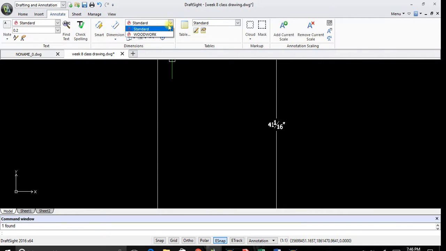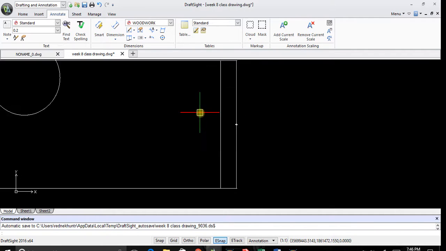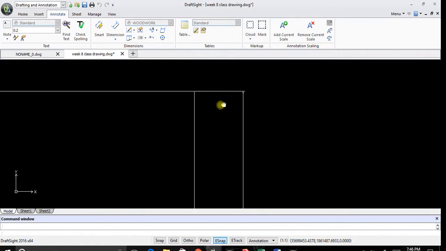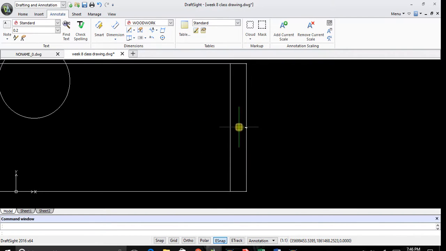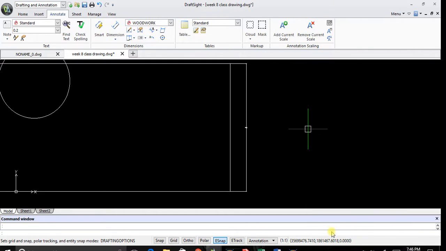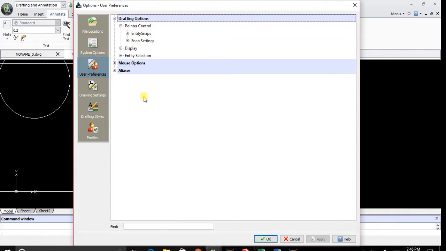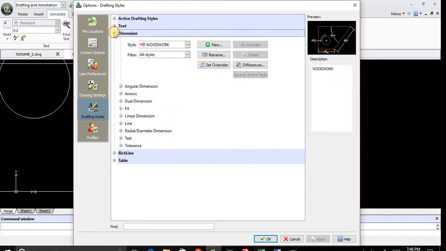I'm going to switch back to the Woodwork dimension style. Now, things are looking a little weird here. The text is obviously small. So let's go back into editing the dimension style. You can get that by right-clicking, go down to drafting options, go into drafting styles, quick dimension, linear dimension,